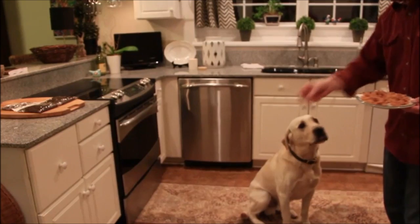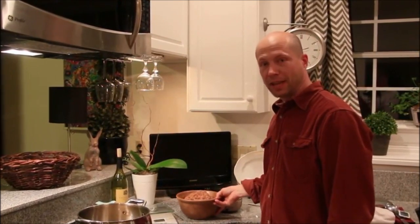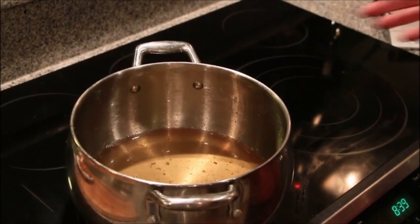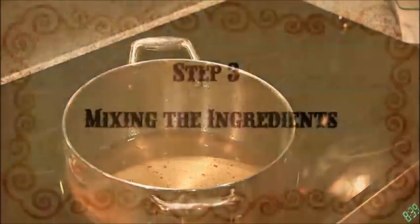We now have to weigh the amount of ground meat and the amount of rendered animal fat. We have to have the same quantities, so you'll probably have to remove some of the excess fat. Place the remaining fat on the stove. Keep it about 120 degrees. Mix